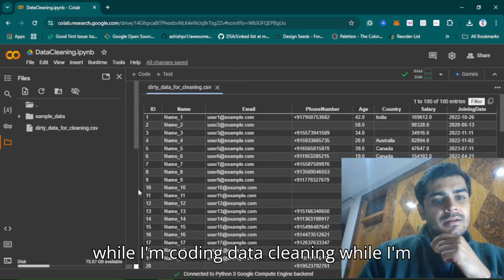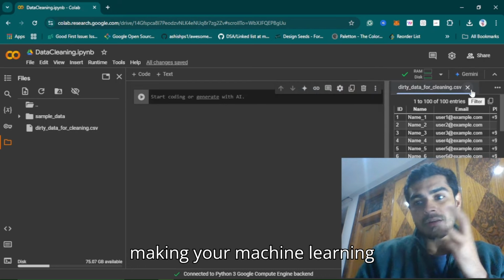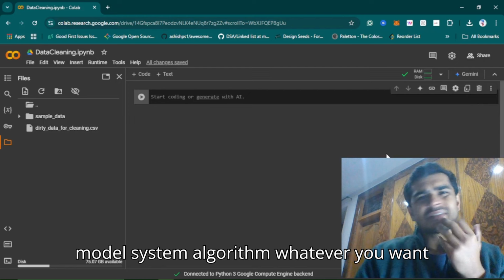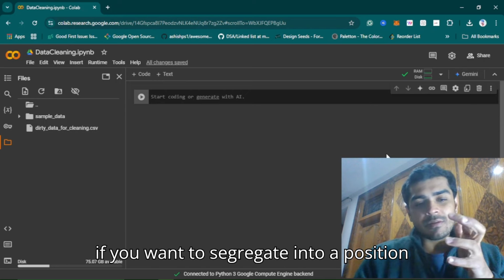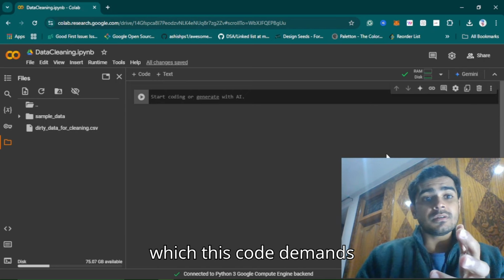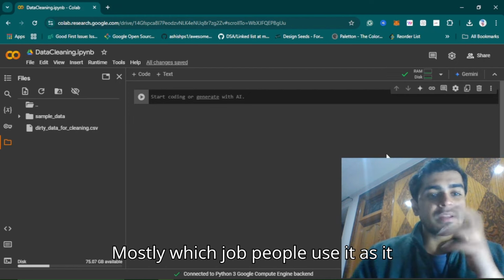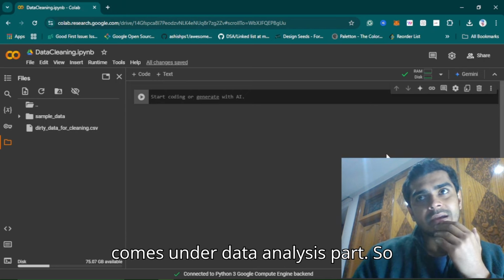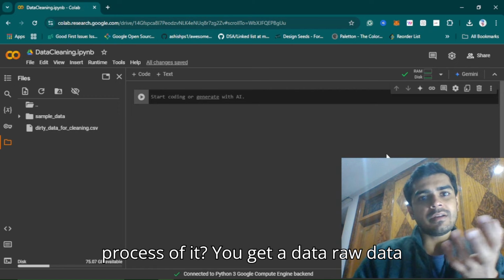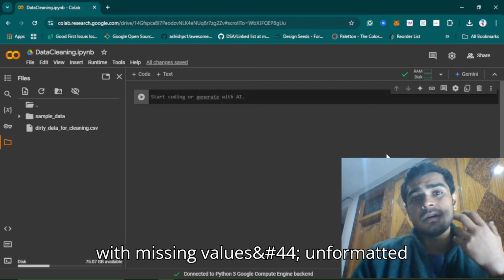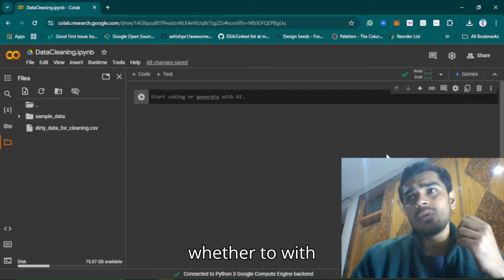So why am I coding data cleaning in Python? This is the first step in making your machine learning model, system, algorithm, whatever you want to feel like calling it. If I want to segregate into a position which this code demands, or which job people mostly use it in, it comes under the data analysis part. So basically what is the process of it? You get raw data with missing values, unformatted values, or values with a duplicate row, with